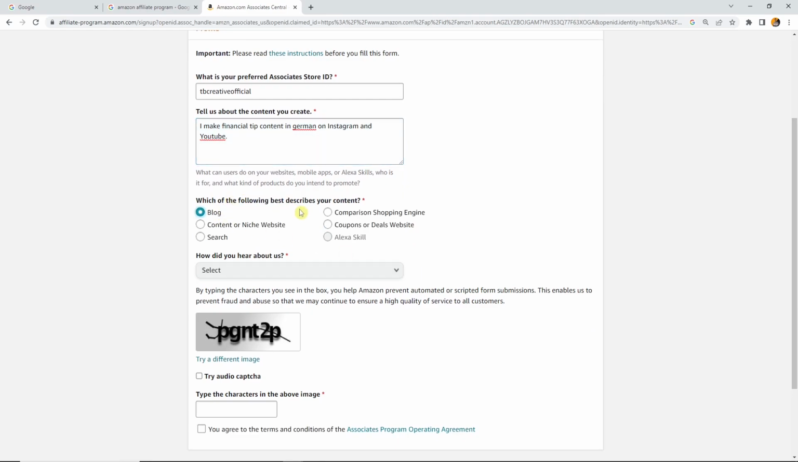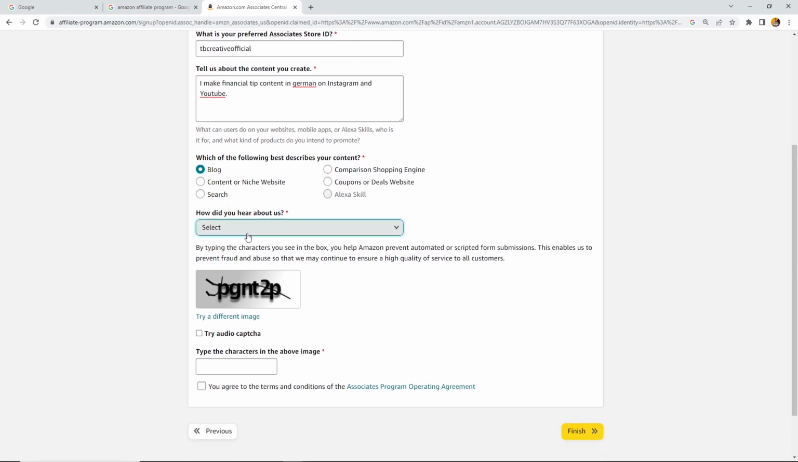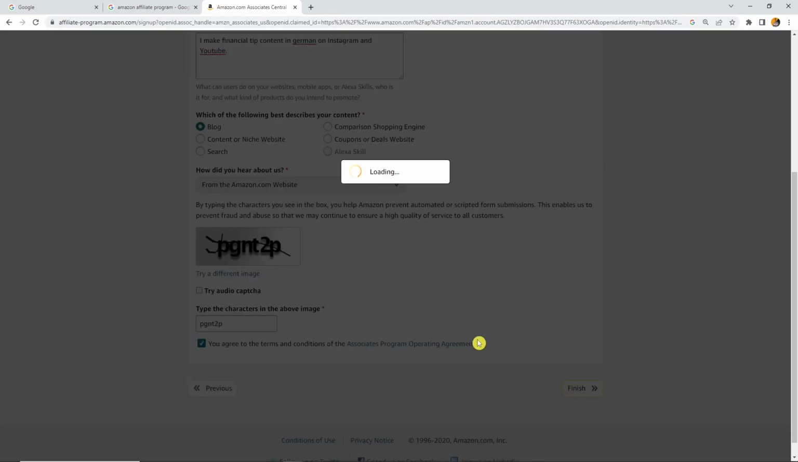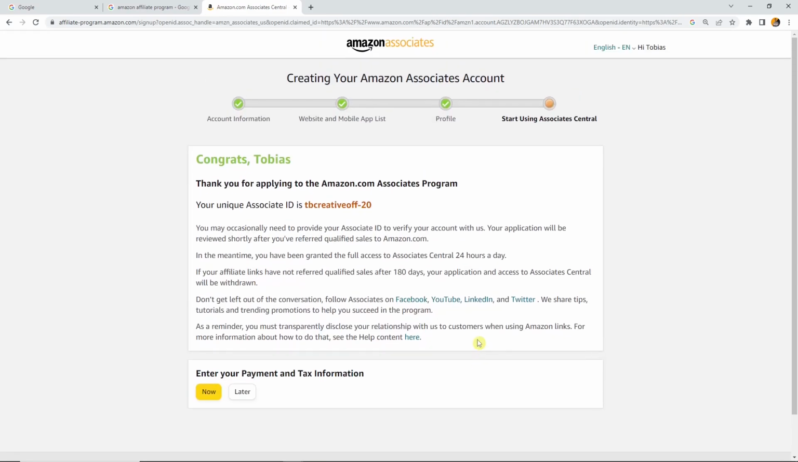Which of the following best describes your content? That would be, for example, blog or search or content or niche website. In this case, it is mainly like a video and picture blog. How did you hear about us? From the official website. And then there's this captcha that checks if you are a human and also the terms and conditions that you really should read. With a click on finish, you can